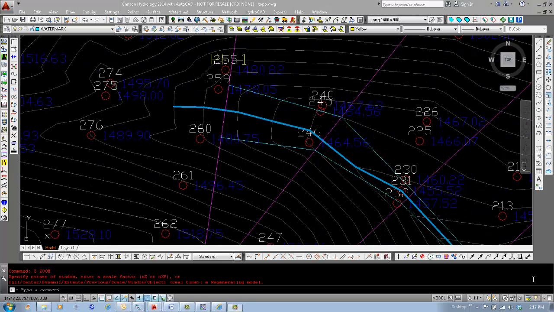This concludes this tutorial on using Carlson software for preparing HEC-RAS importing and exporting files. For more information, you can refer to Chapter 6 of the Carlson User Manual,